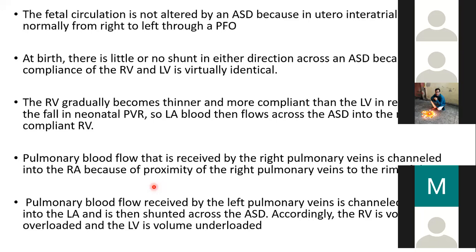When the compliance is lost, like in severe pulmonary artery hypertension, then the end-diastolic pressure tends to become high and reversal of the shunt happens. Or when the patient is very small, just a newborn, and the compliance is poor, then also the left to right shunt will decrease. What is the direction of the shunt? In what phase of a left to right shunt will you have a right to left component? For any left to right shunt, there will be a transient right to left component. In which phase of the cardiac cycle will you find it? Atrial contraction.